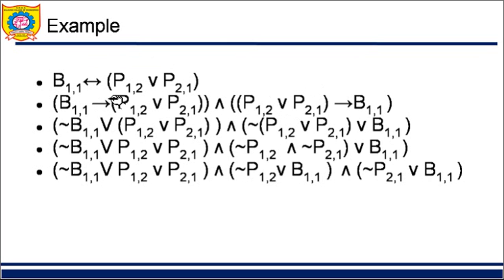Okay, then I need to open this implication bracket, right? What do I get? A implies B is nothing but not of A or B. So open it: not of the first term or B, and not of this whole statement or this. So I opened this part also and this part also. Okay, so after opening I'll also open these brackets, right? So or will be as this. I get this particular statement: B11, not of B11 or P12, it is the same, or P21. I just removed brackets, and I want to remove brackets from this side also.